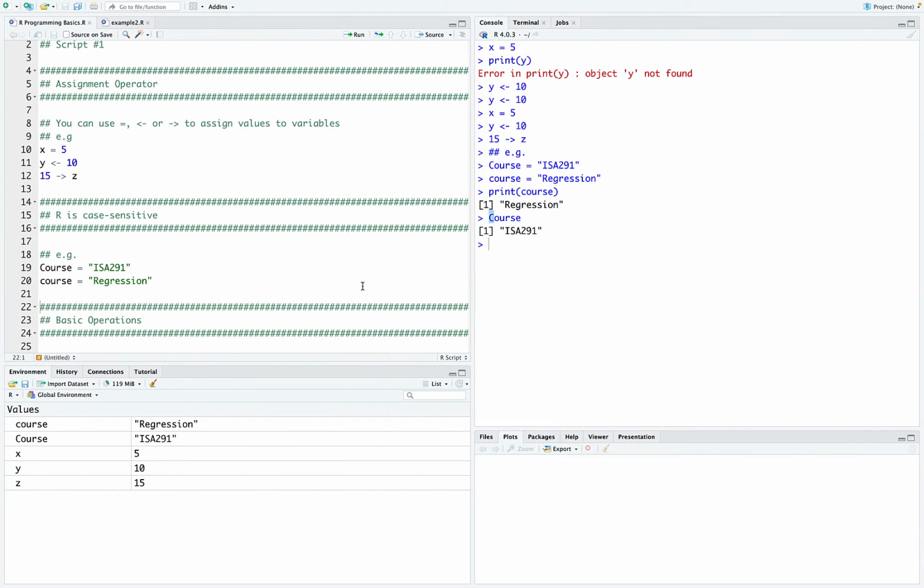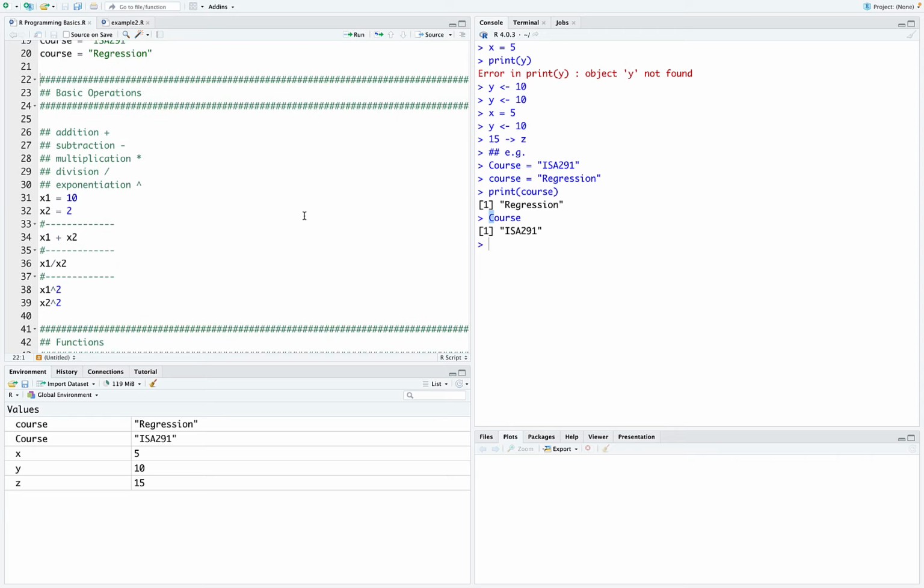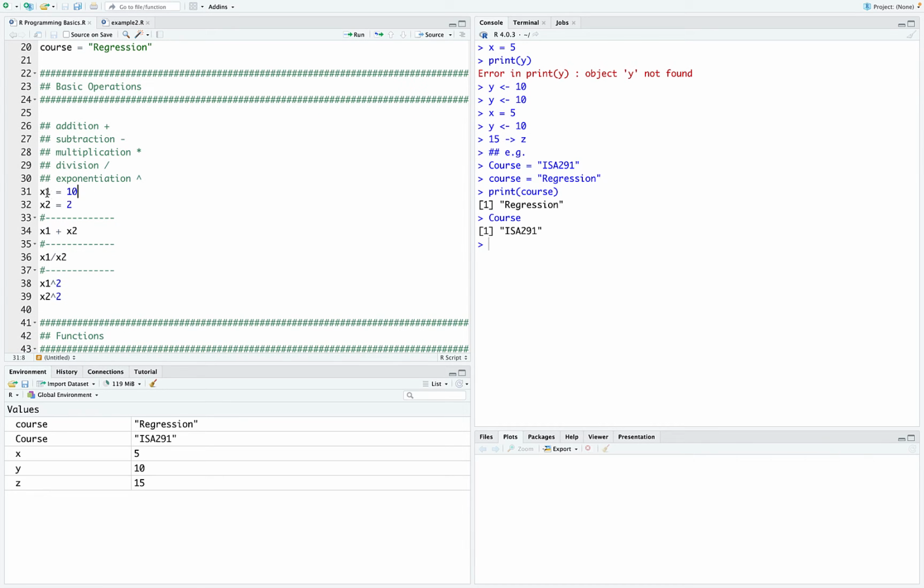Again, if I want to go over the R script, you can see that here, and now I'm going to assign the value of 10 to x1 and the value of 2 to x2. I will highlight both and run. You can see that they are in the environment, and if you see the addition, you can see the answer there. The division, again, this transfers the R code to the console,